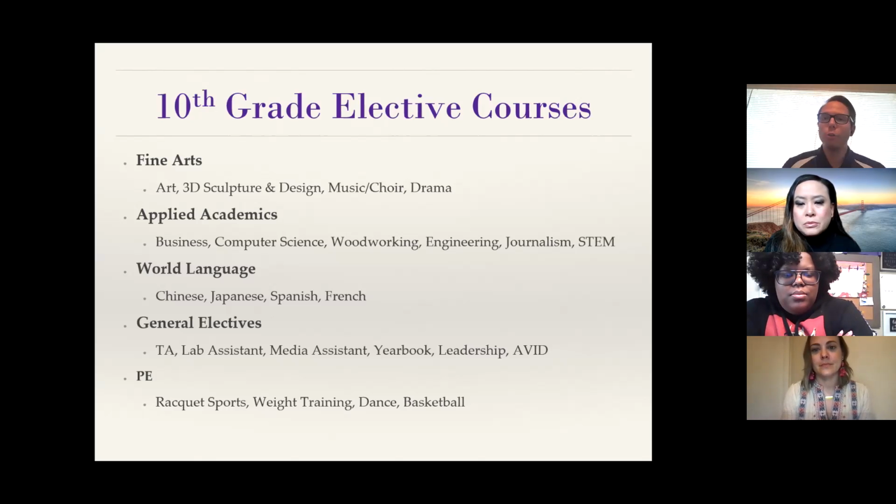PE classes, you have your choices. A lot of students in 10th grade choose to continue with PE. I took PE every year in high school. I loved PE. So we have racket sports, weight training, dance, and basketball as your options for PE. And again, you need 20 PE credits in order to graduate from Monte Vista. I would say probably all of you are going to get at least 10 PE credits from PE 9 this year. And then it's your choice of when you want to complete it. Again, I'm a big proponent of exercise. I think you should take PE every year just because it's really good for you. But those are those options for PE. You got quite a variety of options.